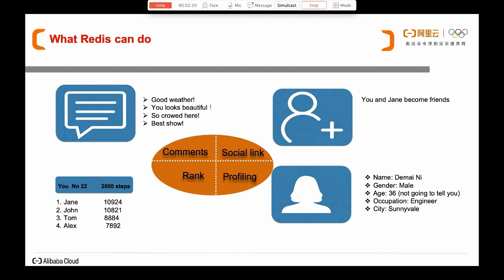So for example, we can do social chatting, where every chat message can be like a comment that can be shown in the memory layer. Okay, let's talk about what Redis can do. Maybe that can be a comment section for Facebook, or a ranking section for